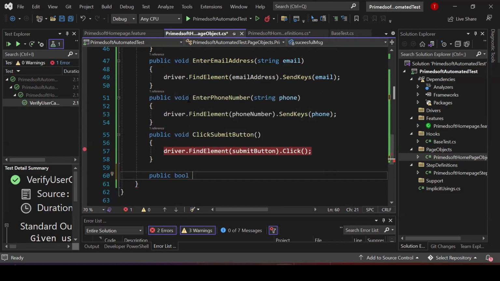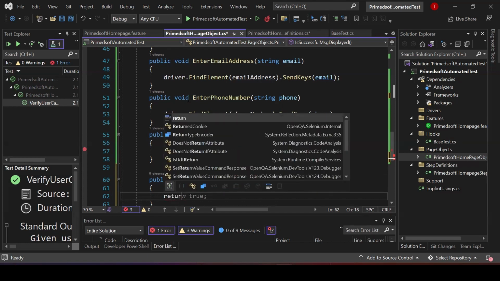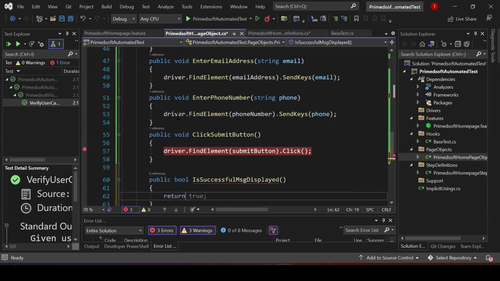then our method. Our method will usually be in the form of IsSuccessfulMessageDisplayed. Okay, so we have is successful message displayed. So you can now go bracket, and on that side you can now put our curly braces. So like I said, we are returning something. So what we're going to say is return, we use the return keyword, return,